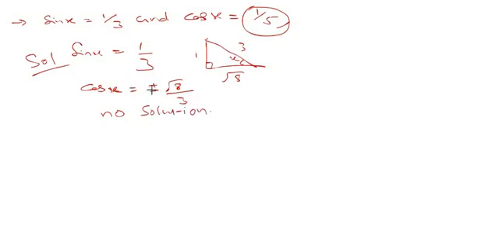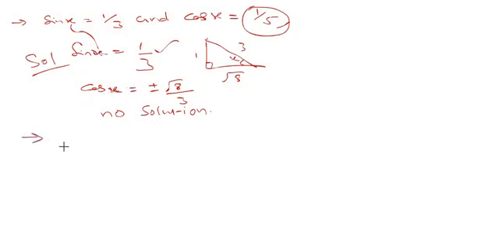Here you can see we got cos x either plus or minus root 8 divided by 3. Why am I saying it is plus or minus? If x is in the first quadrant it is plus, if x is in the second quadrant it is negative. But he is giving that cos x should be 1 by 5. Whenever sin x is 1 by 3, cos x cannot be 1 by 5. It may be either root 8 by 3 or negative root 8 by 3 according to the quadrant of the angle x. I think it is very clear for you. Once revise the solution.